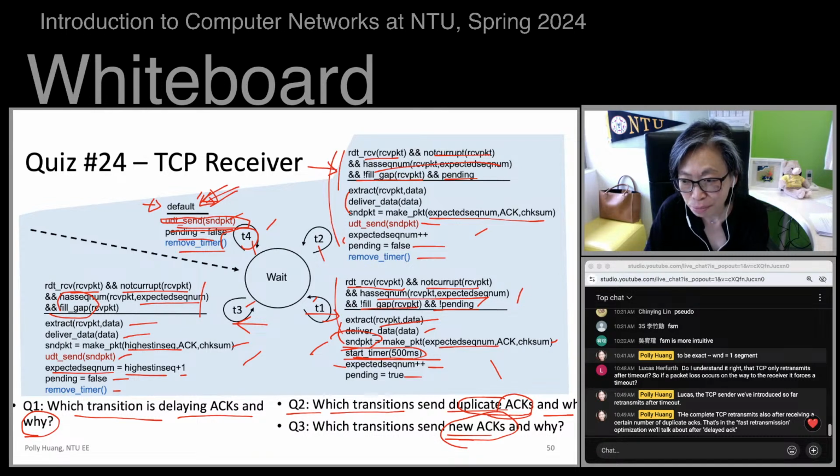Ah, there, Bo Yao. Very good. Guys, Bo Yao's got it right. T4, if the timer started by T1 expires. Very good.